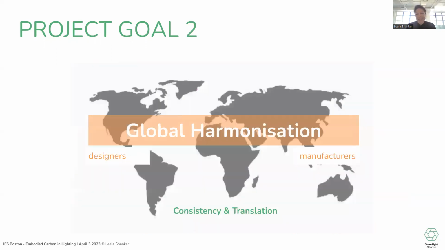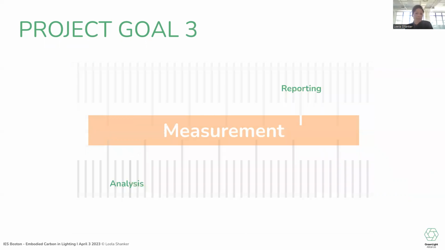The second goal was global harmonization, given that we need to make this process as easy as possible. We really would like to see a single approach evolving, so that as a designer, I don't have to learn multiple different standards in different territories around the world, and manufacturers don't have to invest in complying with multiple different systems around the world. The third goal is basically getting as much data as we can to help bridge the data gap that we recognize exists. So just quickly looking at where we're at in relation to each of those 3 goals.